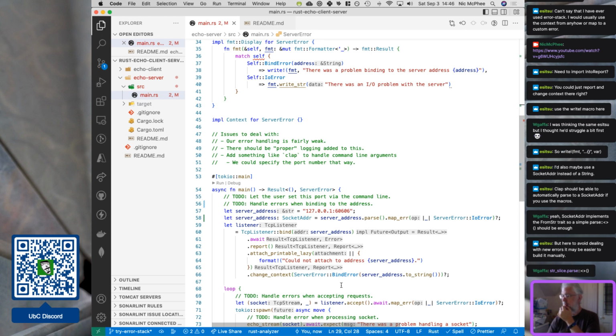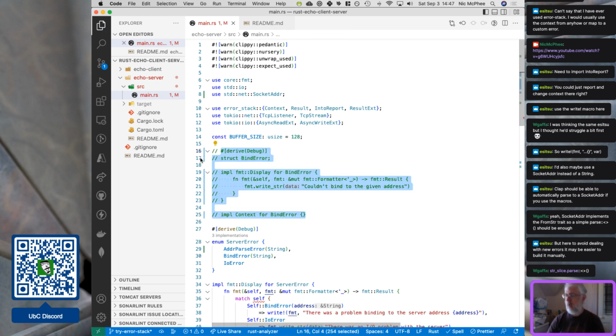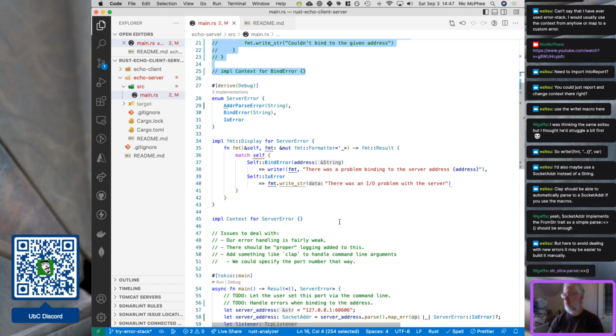Maybe. Do I ever use this? I don't know that I ever use this. I'm not sure. This bind error, does this bind error do anything? Or is everything actually in